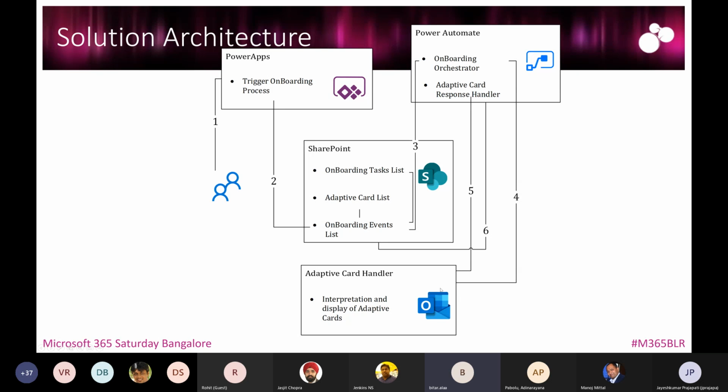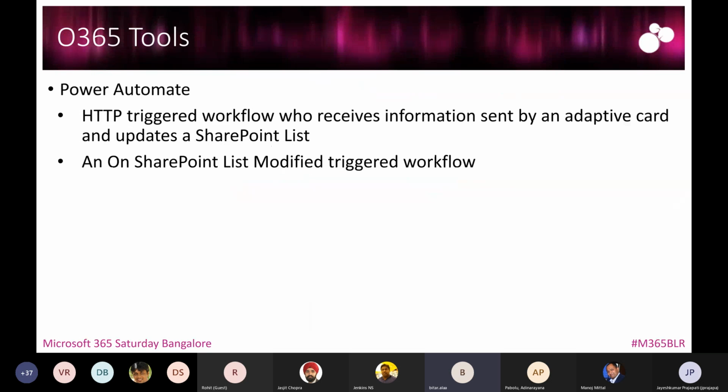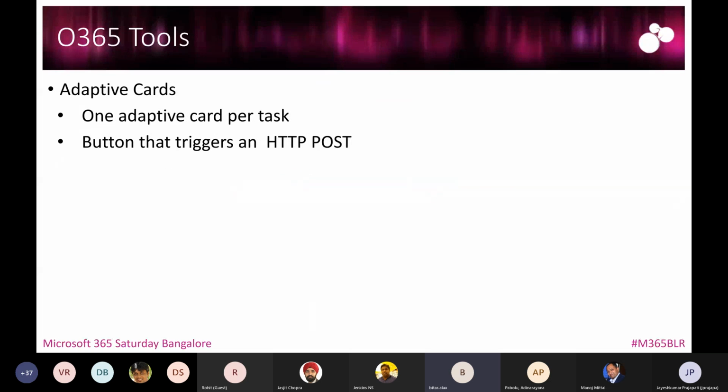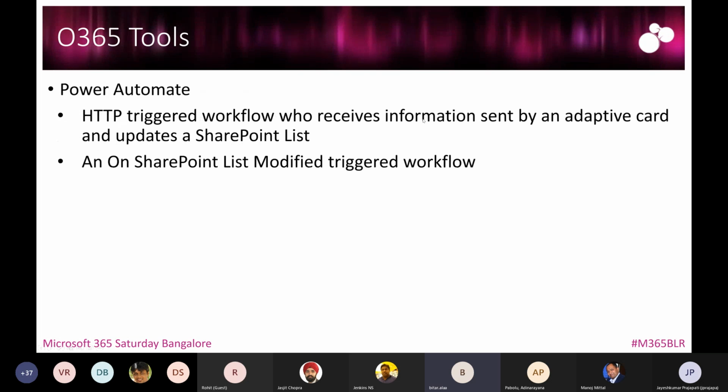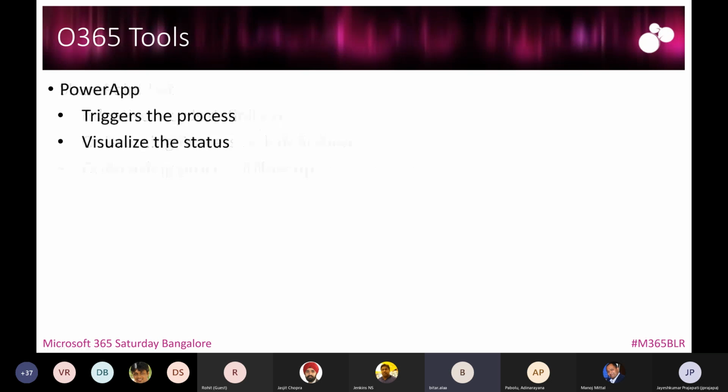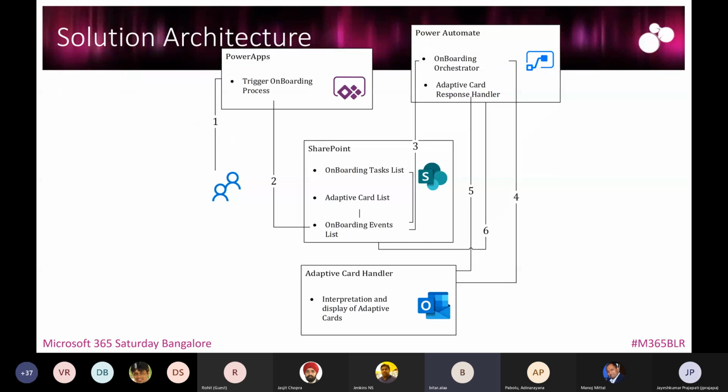So directly from Outlook, he will fill the form and click a submit button. And if we just go back a bit, we remember that an adaptive card has a button that triggers an HTTP post. If we go back to here,